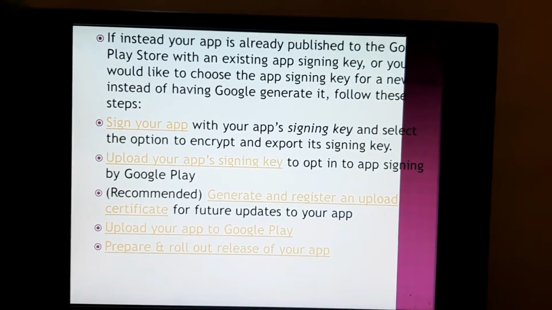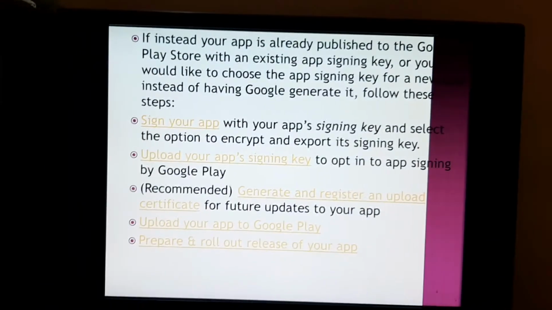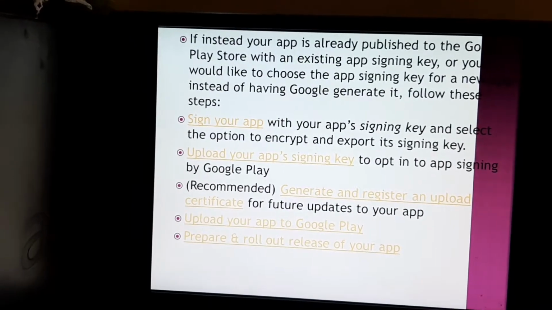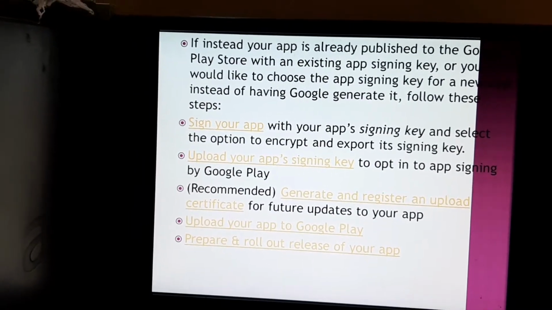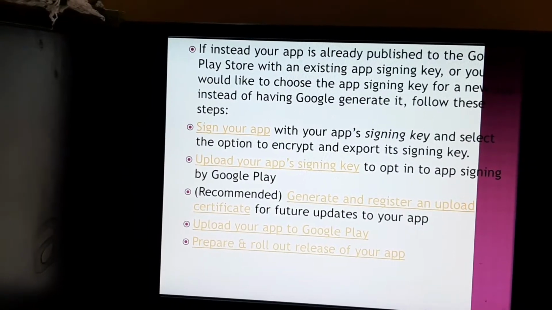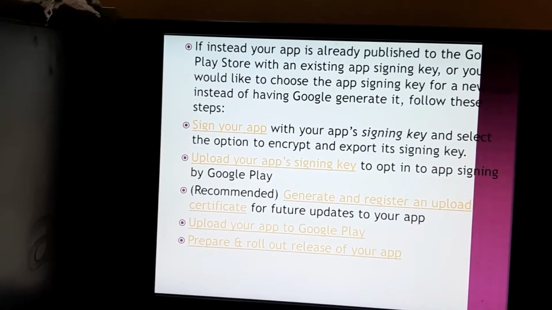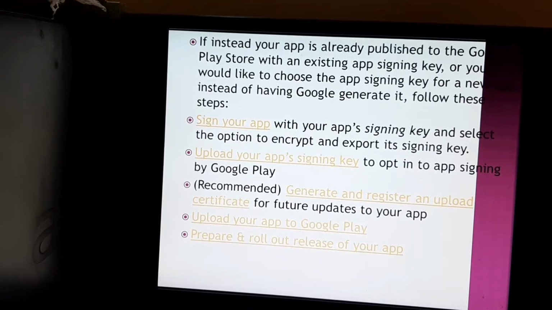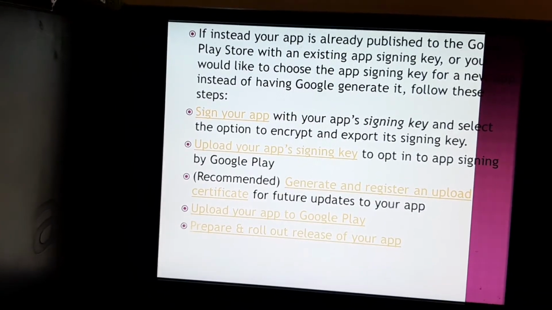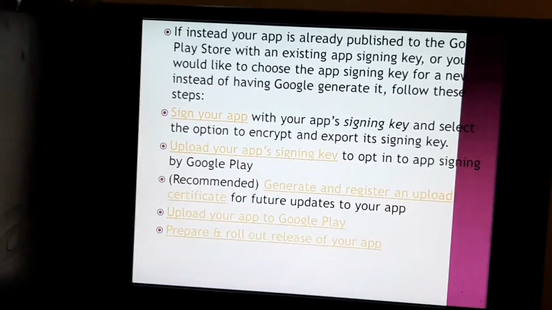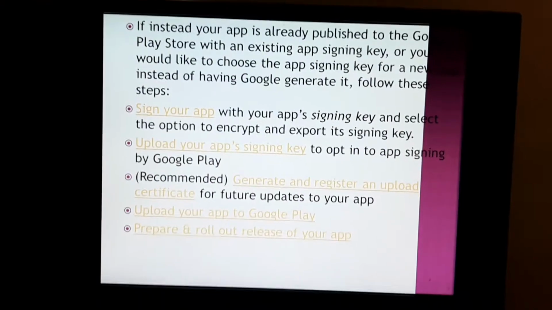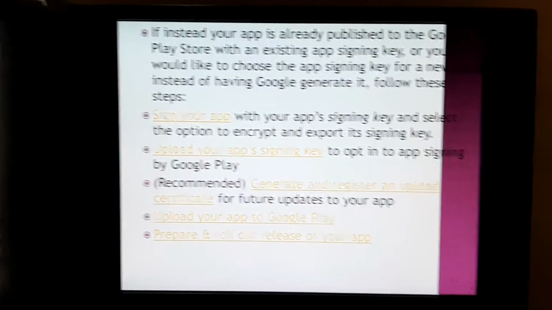This explores how to manage your own key when uploading your app to other app stores. If you do not use Android Studio and would rather sign your app from the command line, you will learn how to do that. If you are building a Wear OS app, the process for signing the app can differ from the process described here. It will be somewhat changeable. Okay, this was just an overview of how to sign an app.